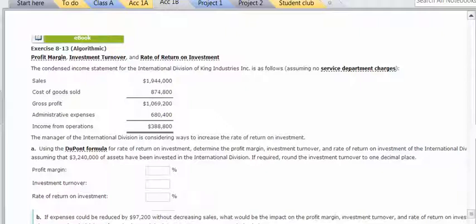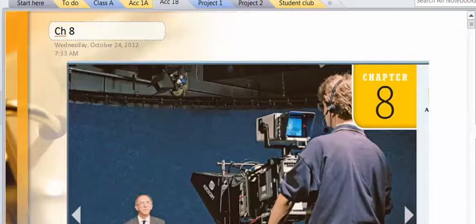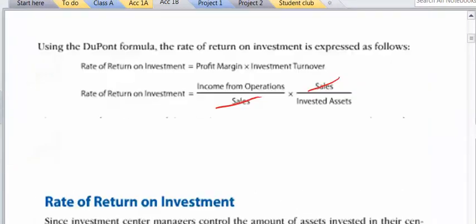The first one says, use the DuPont formula for the rate of return, determine the profit margin, investment turnover, and the rate of return on investment for the international division, assuming $3,240,000 of assets have been invested in the international division if required. All right, well, let's take a look first at that formula. I'm going to scroll up here. And here we have the